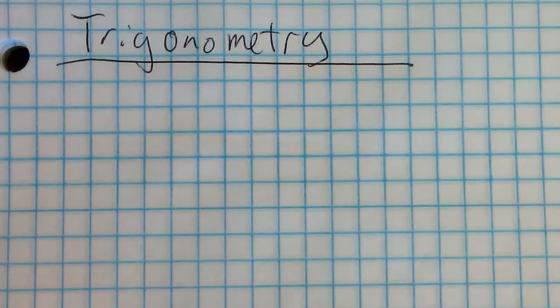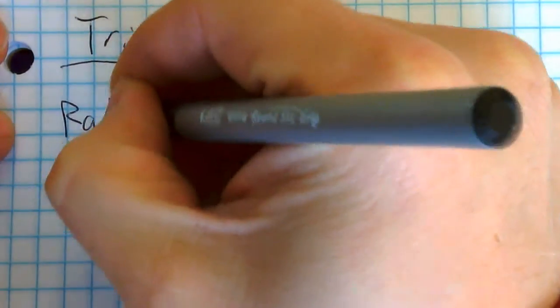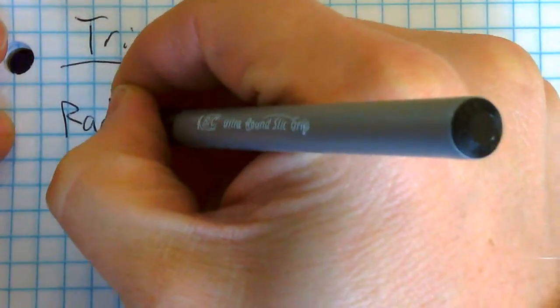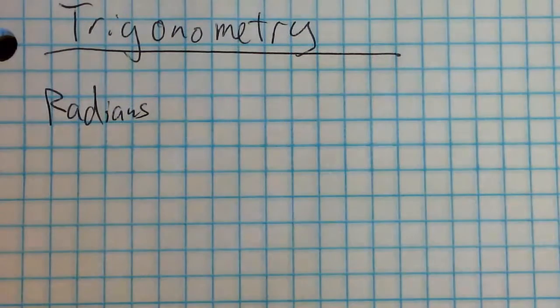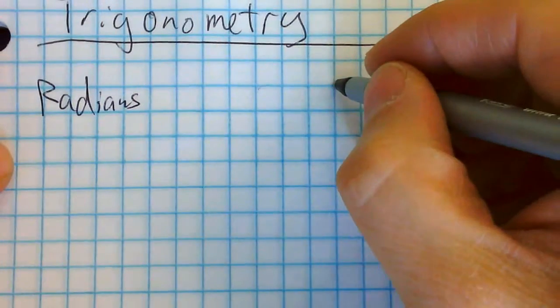All right, the first thing that we're going to cover in trigonometry is a new way to measure angles, and that's called radians. You're used to hearing angles measured only in degrees, right? And you're very familiar with things like what 90 degrees is, and it's 360 degrees all the way around a circle. So what a radian is, if you think of it this way,